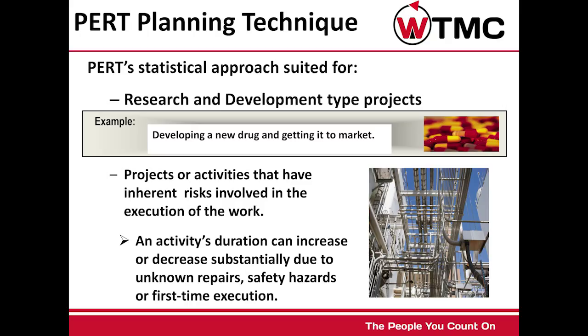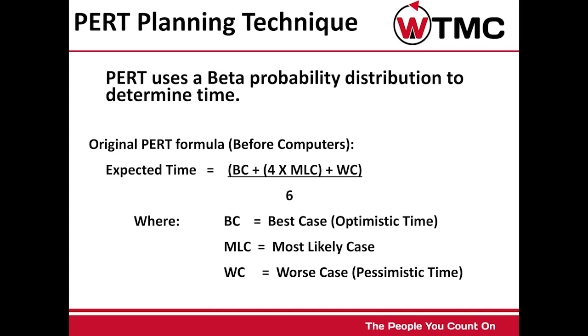It is suited for projects or activities that have inherent risks involved in the execution of the work, when an activity's duration can increase or decrease substantially due to unknown repairs, safety hazards, or first-time execution. PERT uses a beta probability distribution,